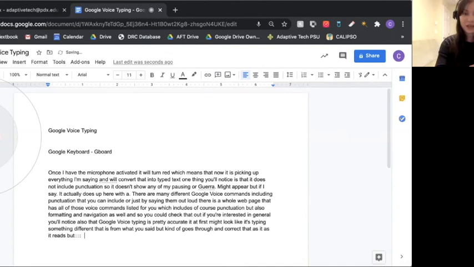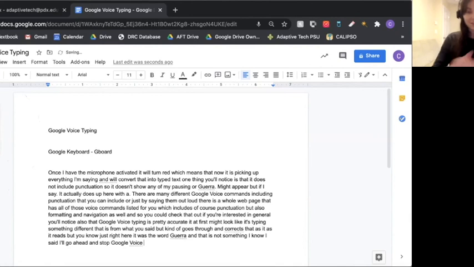But you'll notice right here, it wrote the word guerra, and that is not something I know I said. I'll go ahead and stop Google Voice Typing right now by selecting that microphone icon on the left. So once you're done using Google Voice Typing, you'll want to go through and edit everything that has been typed, specifically because of errors like guerra.